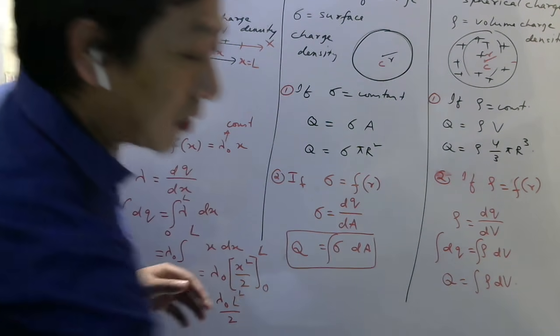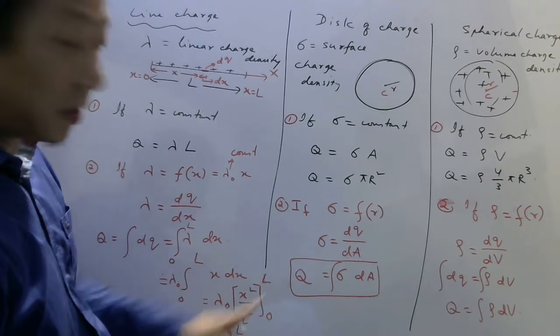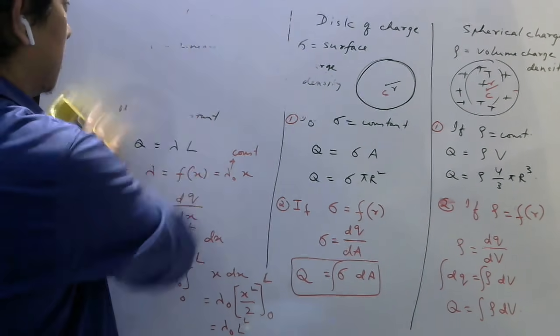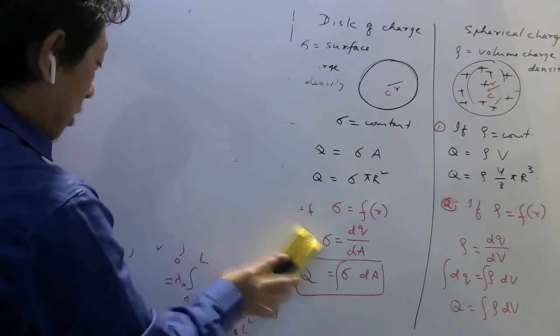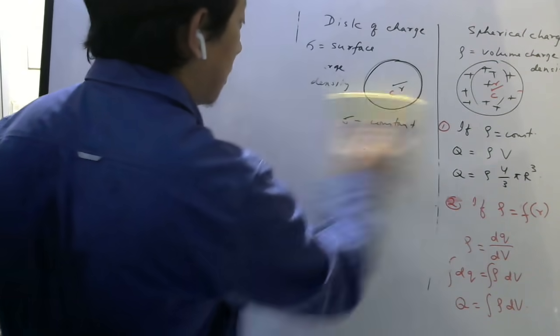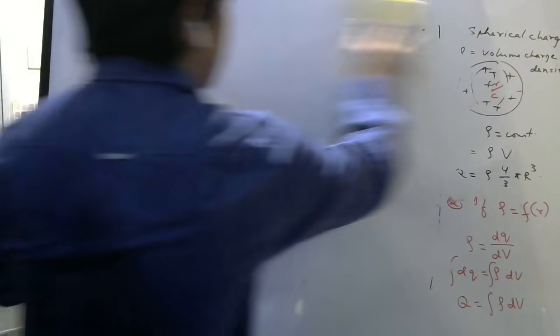Okay, fine. So once you have understood this concept, let me now explain to you how to do this one too, though I did one example, right? So let me just explain. Okay, now before I give you one example of how to find total charge in a disk if surface charge density varies.